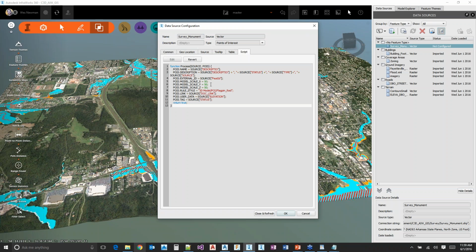If you notice, I'm taking the description and concatenating a bunch of the different attributes together, separating them by a comma so that I can see a bigger description. And I'm also mapping over the link field. What that will do is give me a hyperlink. So if I do close and refresh now,